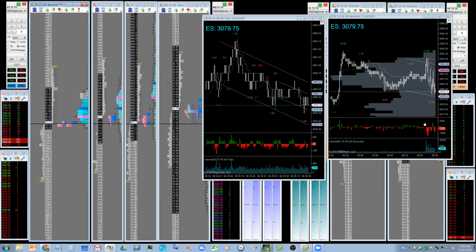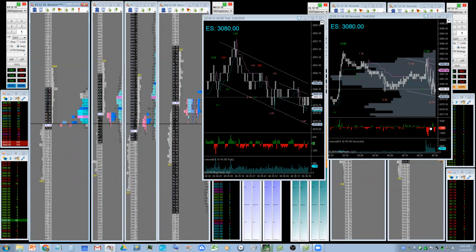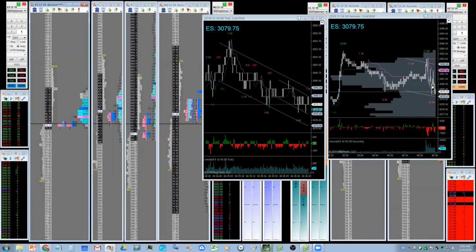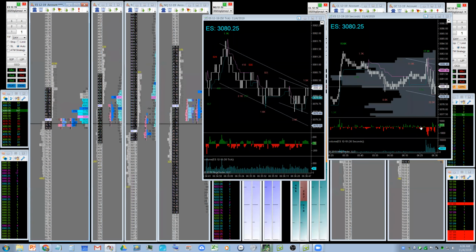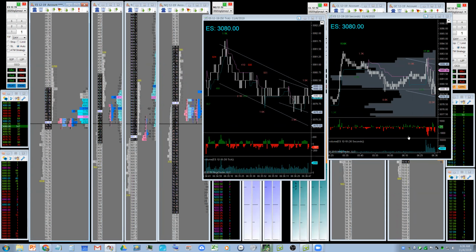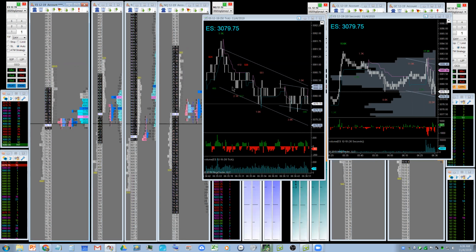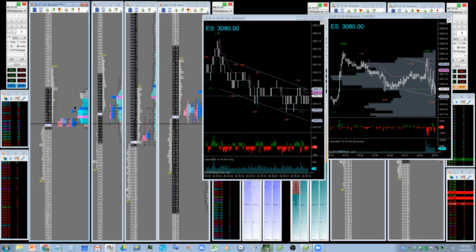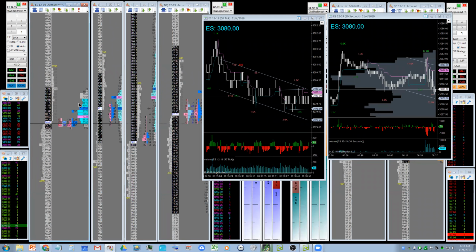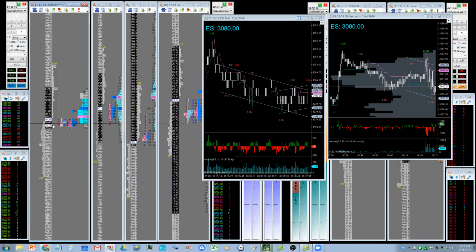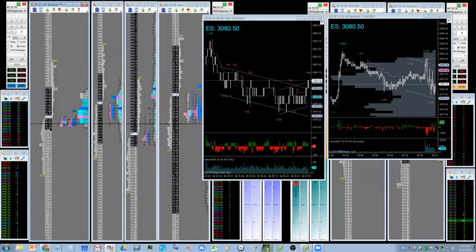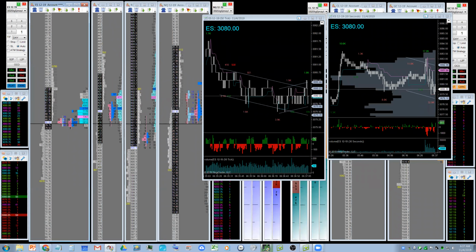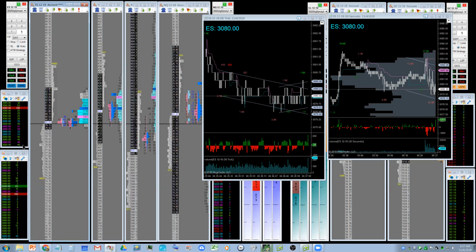So this could be a lot of people getting short and ultimately they'll be right, or it could be a whole lot of shorts to get squeezed if we break back out. You can't really determine what you want to do yet based on the delta behavior. All you can do is understand that it's a tug of war. That's literally what's happening here. And this is the best price discovery example I could have had for a day like this. There literally is no bias in here, and the algorithms are just working this 79.75 to 82.75 range. Putting 25 on, taking 25 off, and that's what's going on here.